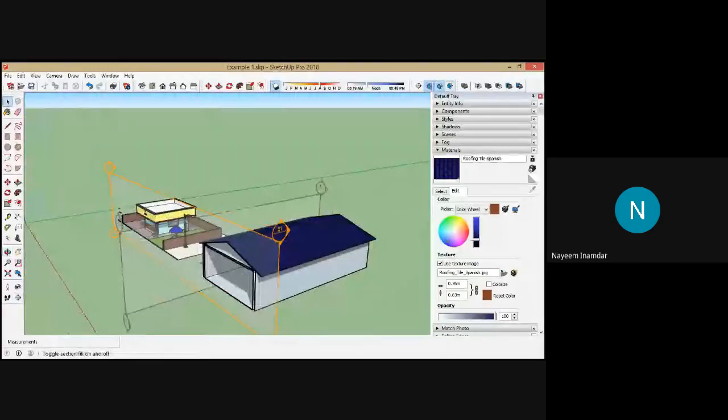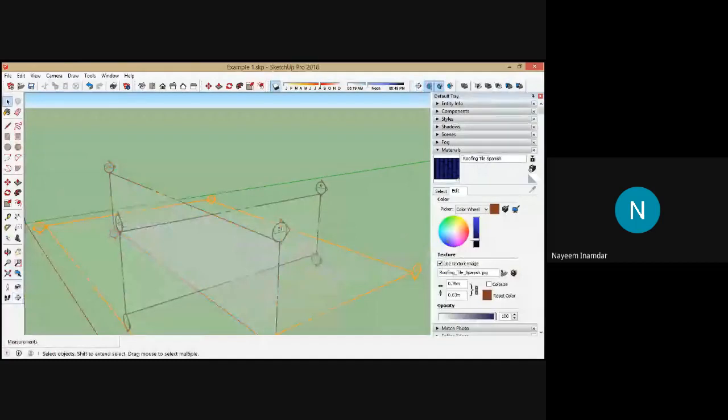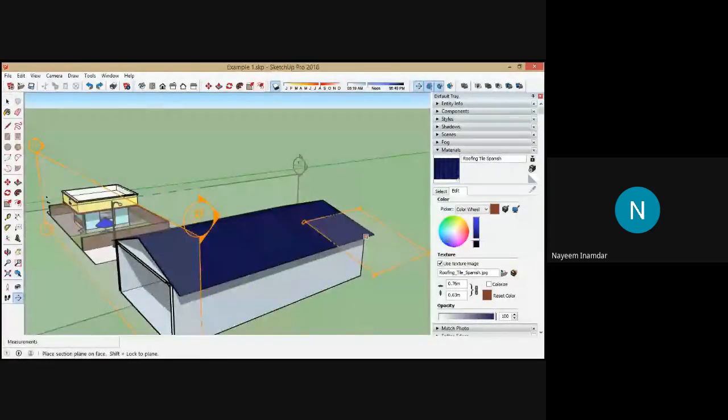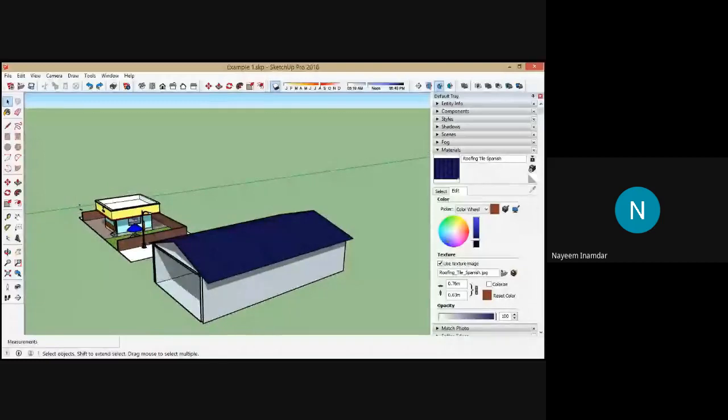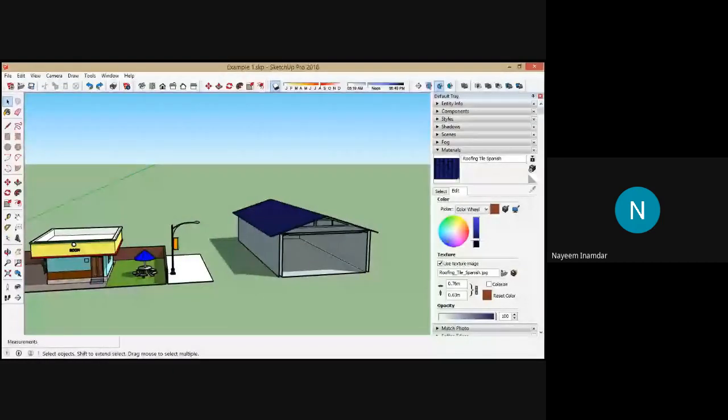See here, like this, you can have different section planes. Hope this is clear. You can have different cuts here. Okay. So any other doubt?